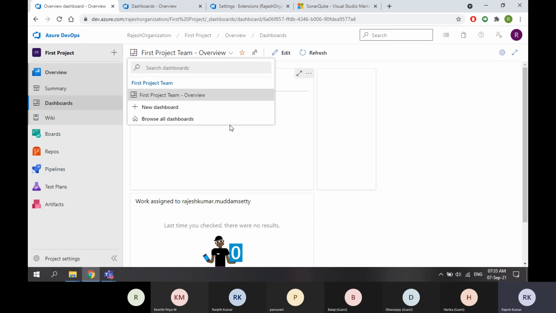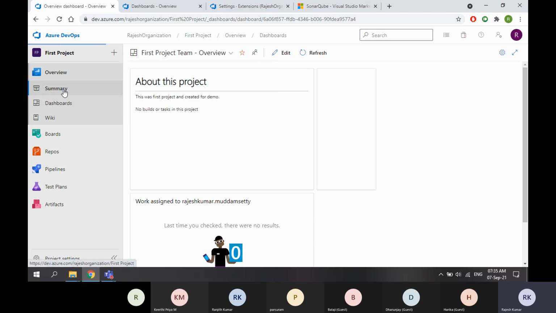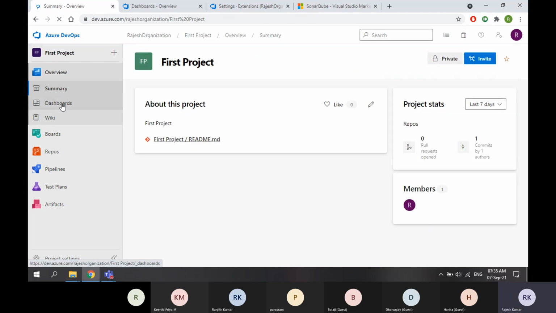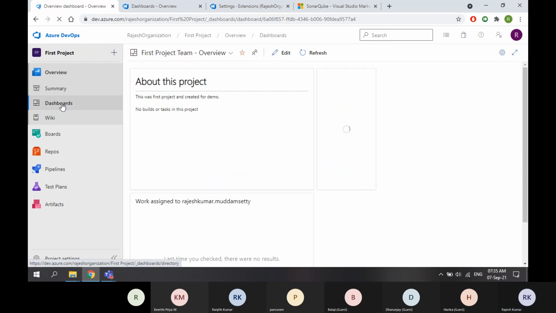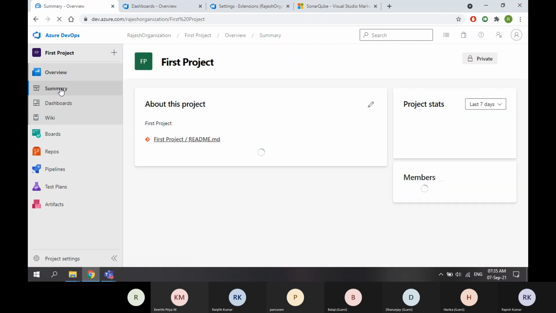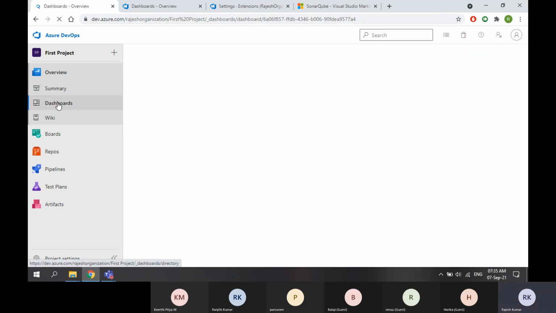I think most of you have already created your accounts. So try to add something in the summary page and in the dashboards as well, so that while creating, if you get any doubt, we can discuss tomorrow itself. This is all about summary and dashboards.